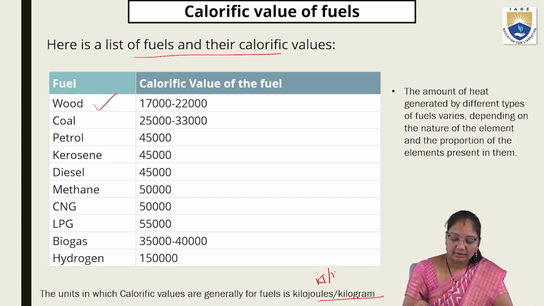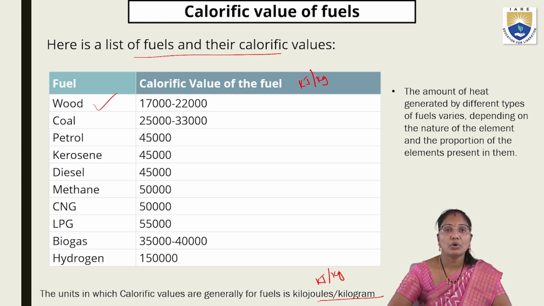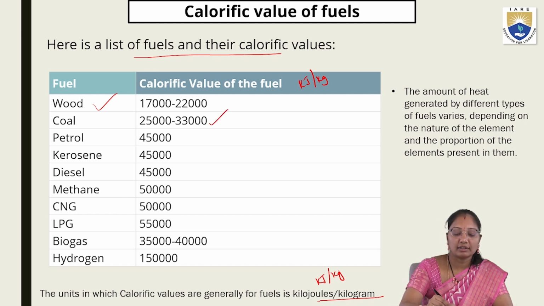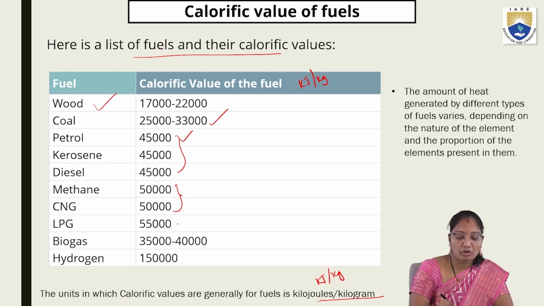kg. So this is kilojoule per kg. Coming to coal, which also has a high calorific value of 25,000 to 33,000, and petrol will show 45,000. Mostly petrol, kerosene and diesel have a calorific value of 45,000. Next, methane and compressed natural gas show 50,000, followed by liquid petroleum gas at 55,000. Biogas is 35,000 to 40,000 and hydrogen is